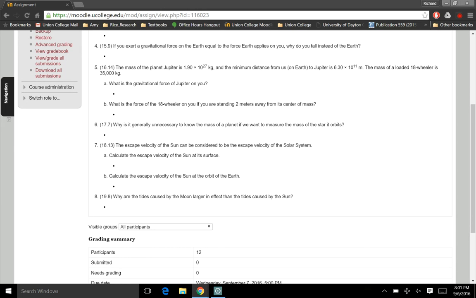Number 4 there: if you put a force on the earth and the earth puts an equal and opposite force on you, that's Newton's third law, then why is it that when you jump up, you get pulled back down and the earth doesn't come up? It's actually complicated. I will go ahead and talk just a little bit about this.